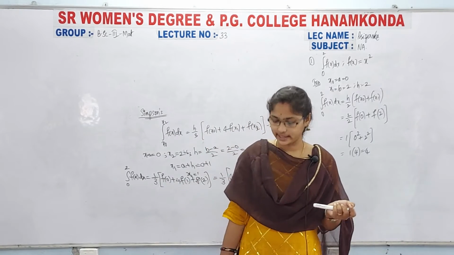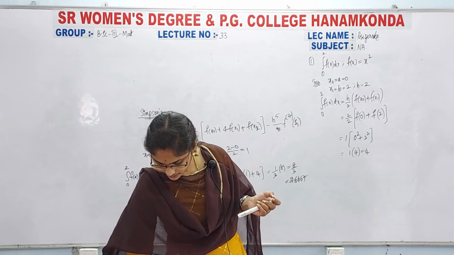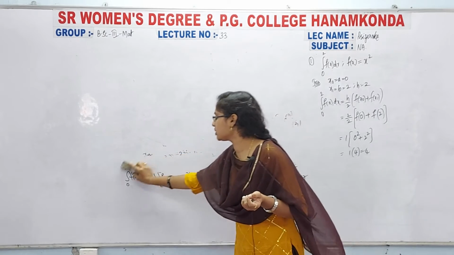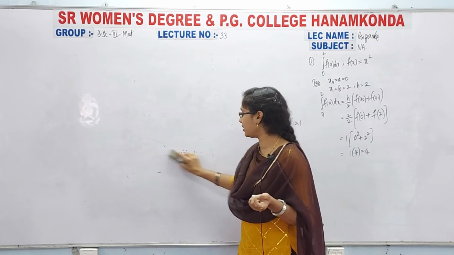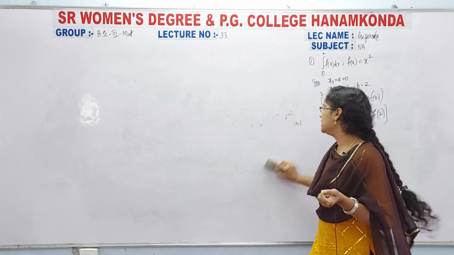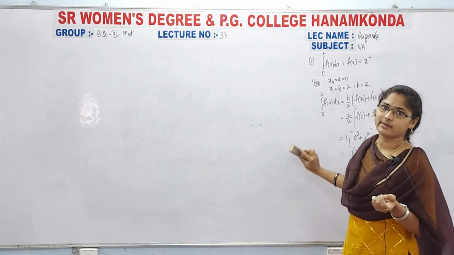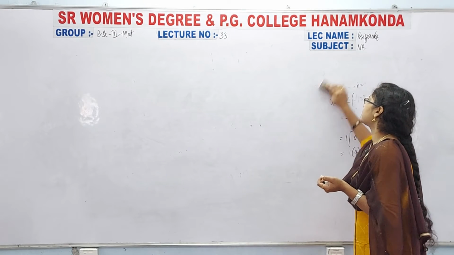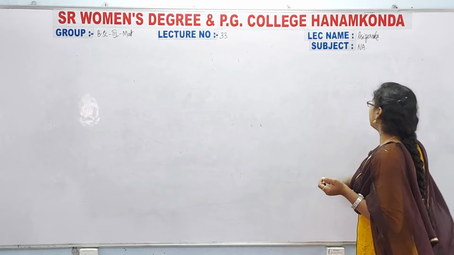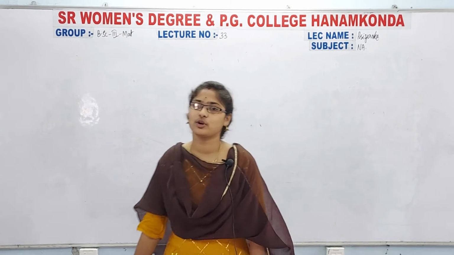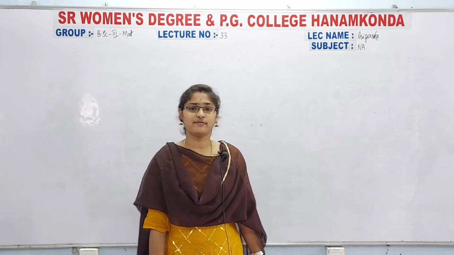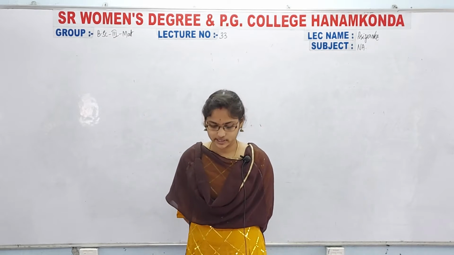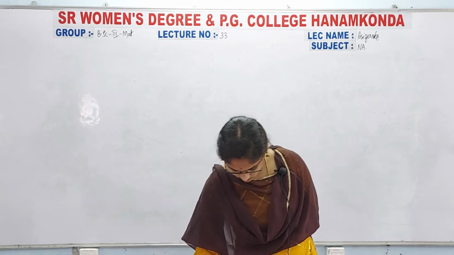Next, put a side heading: composite numerical integration. I hope these are clear. Normally, if they ask about the trapezoidal rule, simply consider the first starting values x0, x1 and directly substitute in the formula. And in a simple way, if they ask about the Simpson rule, then the formula is h by 3 of f of x0 plus 4 into f of x1 plus f of x2. We have to calculate the h value, by that we will get x1.